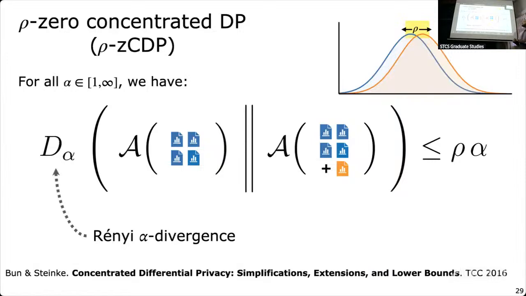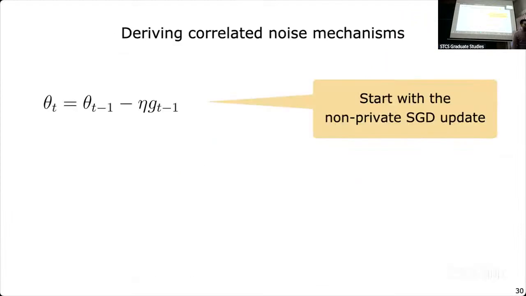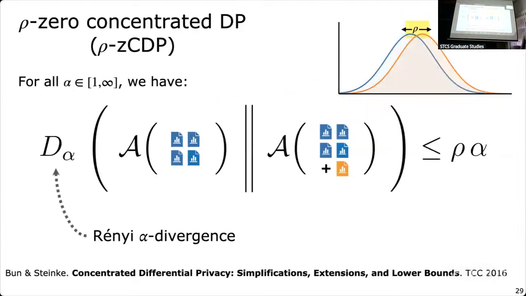Instead of epsilon, we are going to use rho. That's the convention for concentrated DP. The basic idea is that the gap between distributions is formalized as a Renyi divergence. So you want the Renyi divergence between the distribution before and after changing the dataset to be close. The alpha Renyi divergence will be at most rho times alpha, and we want this for all alpha, basically. So one would be KL divergence, and infinity would be just taking the log likelihood ratio.